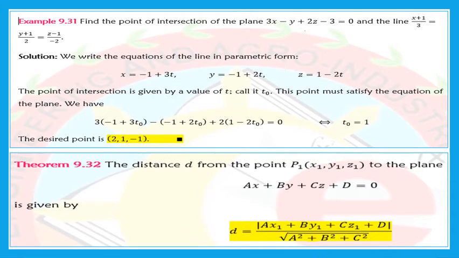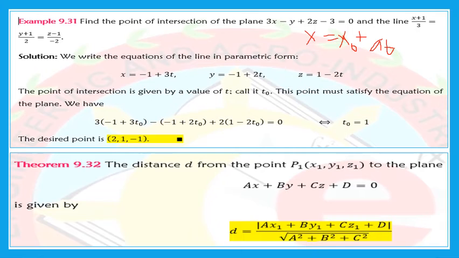The parametric form is x equals x sub o, that is the point,